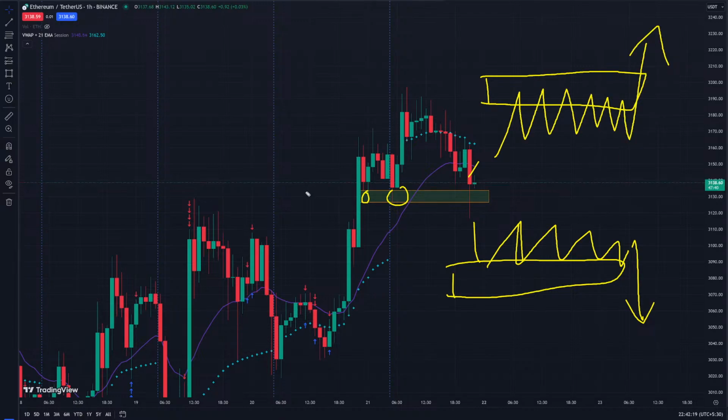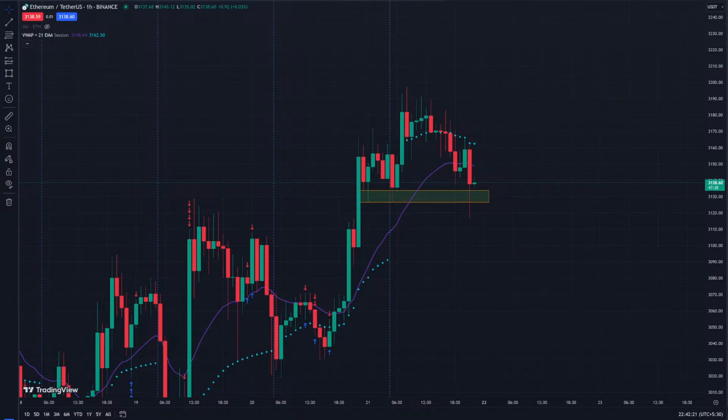So this is what I think, and I have been telling you from the beginning, this is my analysis. My analysis doesn't have to be 100% right all the time. Trading is a game of probabilities, so there will be cases where I lose, but my winning trades should be more than my losing trades. So if my risk to reward